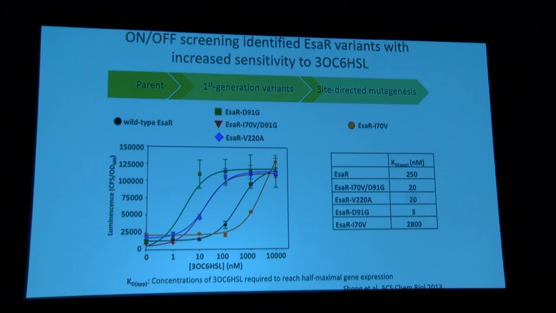And so these kinds of tools now allow us to have switching at exactly the conditions, cell density or small molecule addition, that are important for whatever application you're using. And as I mentioned, you can swap out the promoter, switching from the ESA-R protein to the ESA-S protein, and you essentially can have gene expression turning off instead of turning on as a function of small molecule addition.